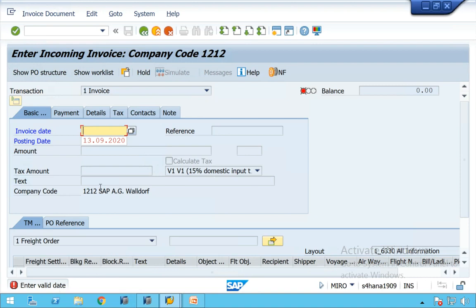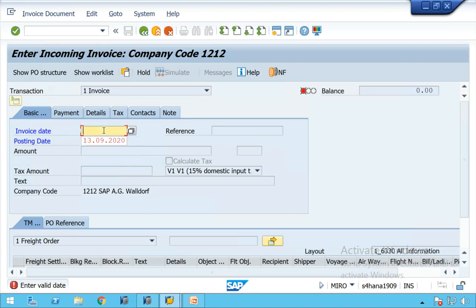Now the system is asking what the invoice date is and what the posting date is. Similar to goods receipt, invoice date is nothing but the date on the invoice document; it need not be today's date. It can be today's date or any other date, but cannot be a future date. Posting date can be today's date or any other date.